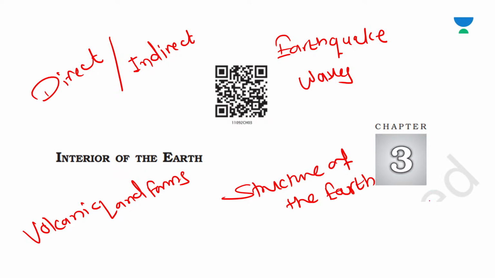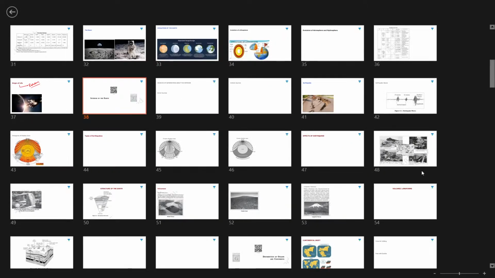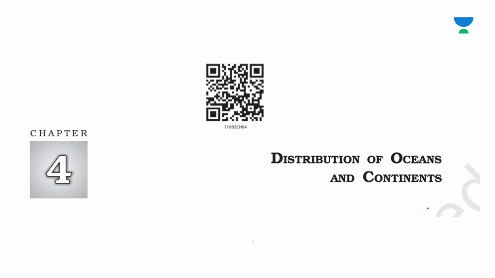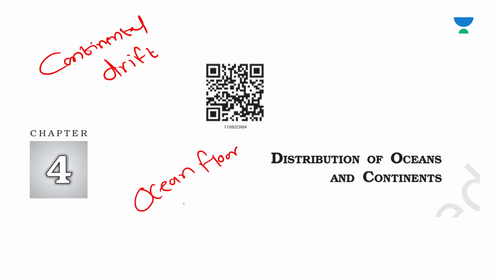Then we have discussed the distribution of oceans and continents, where we have discussed continental drift, then evidence in support of continental drift: tillite, placer deposits, distribution of fossils, then force for drifting, post-drift studies, convection current theory, mapping of the ocean floor, then